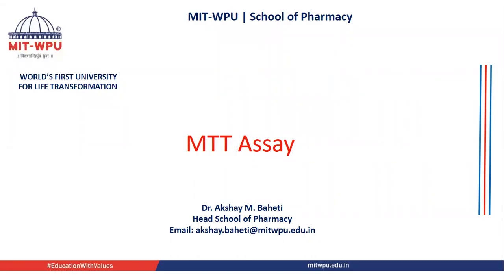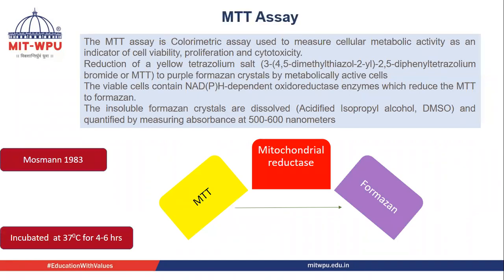Today's topic of discussion is the MTT assay. This is a cell viability assay. The MTT assay is a colorimetric assay used to measure cellular metabolic activity as an indicator of cell viability, proliferation, and cytotoxicity. The principle of the MTT assay is reduction of the yellow tetrazolium salt, that is MTT,